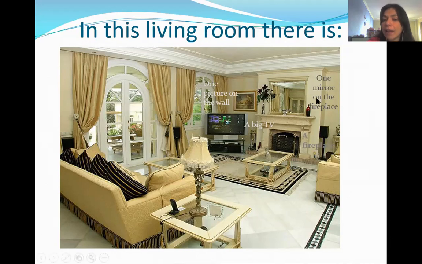There is a fireplace. No se ve muy bien, pero bueno. There is a fireplace. Hay una chimenea. There is 1 lamp on the night table. There is 1 lamp. Only 1. ¿Sí? Entonces tenemos solo una. Ahorita estamos refiriéndonos al singular, solamente que hay un solo objeto, ¿no? There is 1 lamp on the night table. Hay una lámpara sobre la mesa de noche.